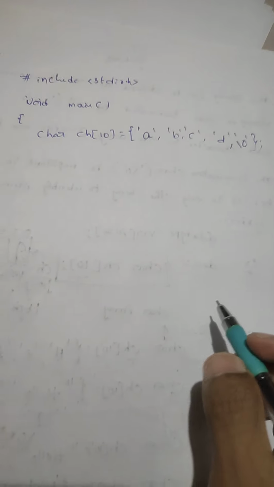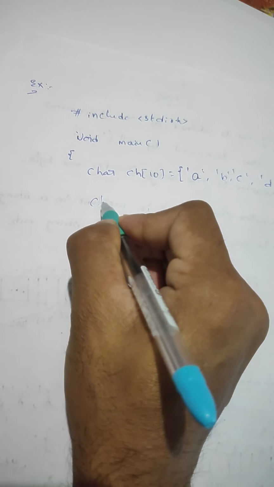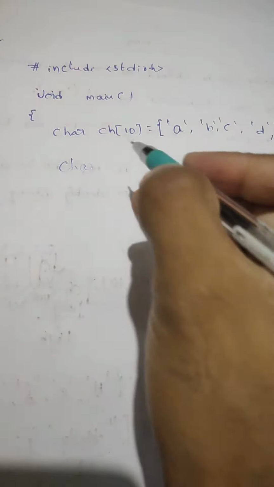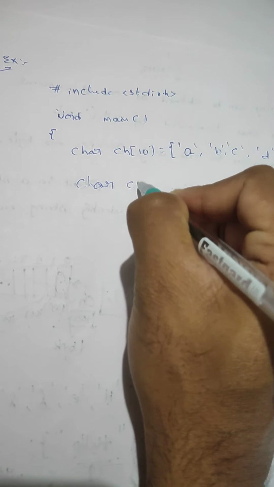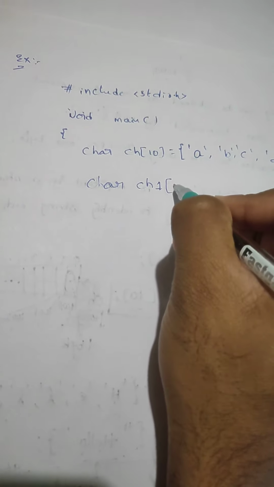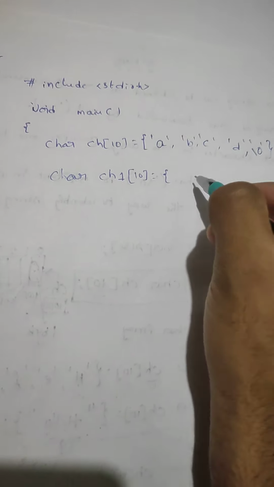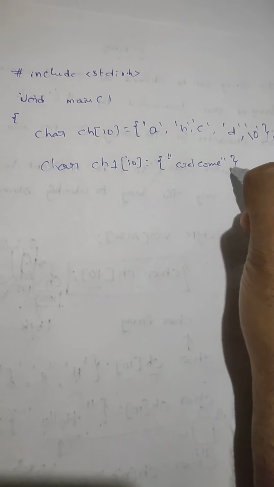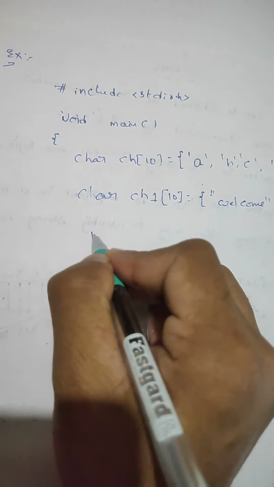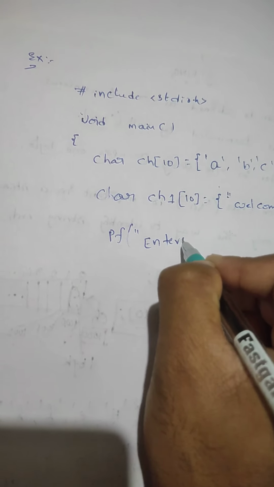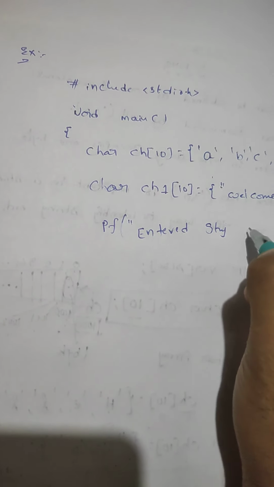So one declaration and initialization is finished, and now one more declaration: char ch1[10] equals, and here I am storing the values using string literals: "Welcome". After that I want to print the ABCD string and the Welcome string. For that, write the printf statement: printf("entered string is